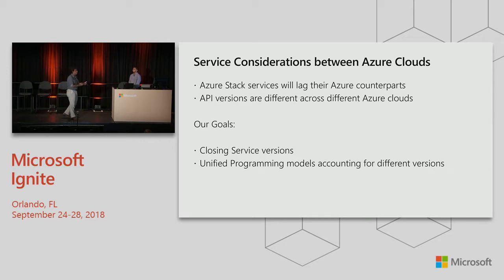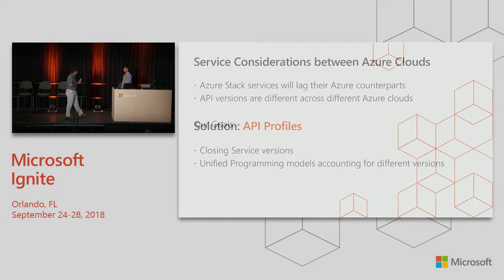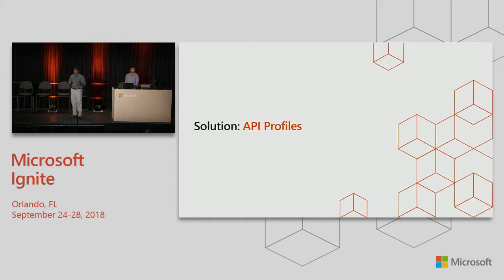You're still able to build applications such that you can fold into a common norm and say, okay, if this application is built in a certain way, it can be deployed across hybrid cloud platforms today. That is what we are doing to enable you to do that. One of the biggest ways we do that is through API profiles.